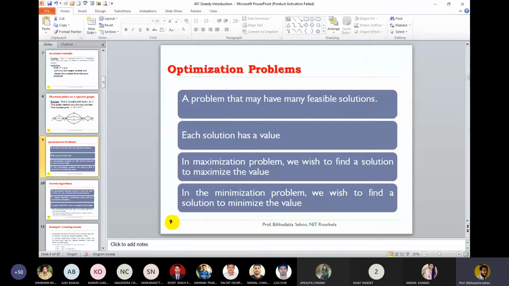I can name my edges Ei, Ej, or number them E1, E2, E3, and introduce a term W1, W2, W3 like this, the weight associated with each edge. So this is a simple home task for you, and you will find it out. Please search: finding a spanning tree is an optimization problem, and you must be able to write down the objective function.